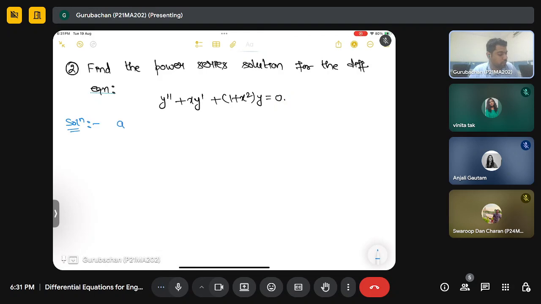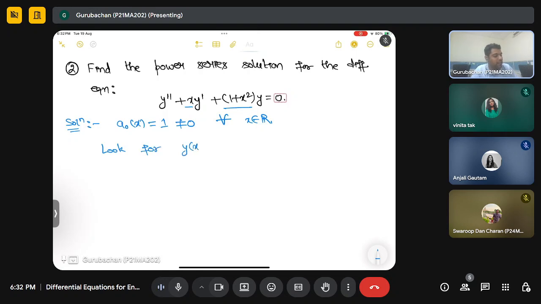So clearly, a naught x is 1, which is non-zero for all x in R. That means there are no singular points. So our domain is the whole R, that is a collection of all ordinary points. And clearly p x and 1 plus x square are finite power series, and finite power series means polynomials. So you can directly look for